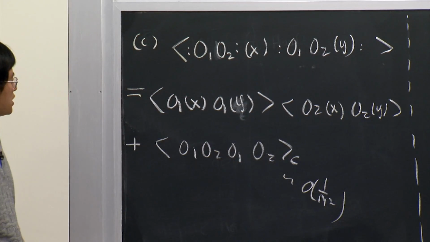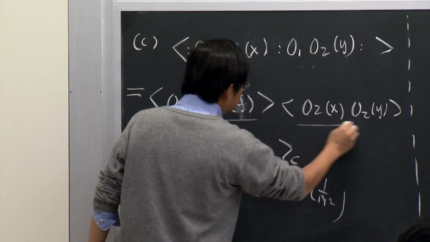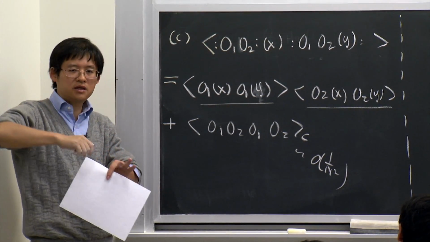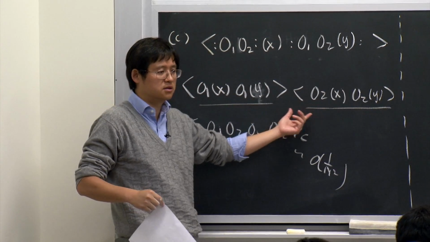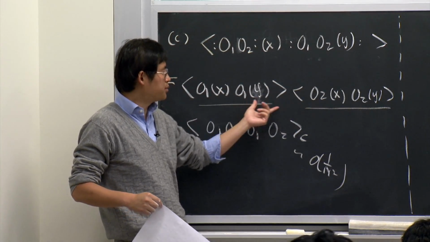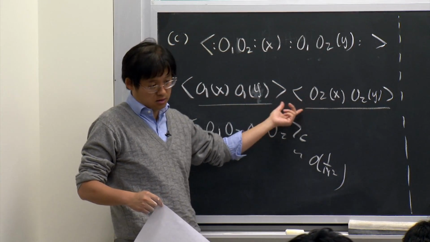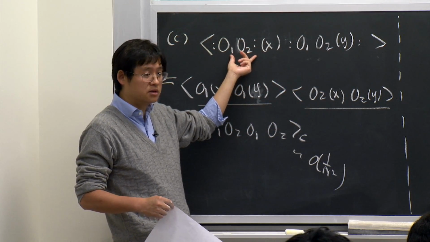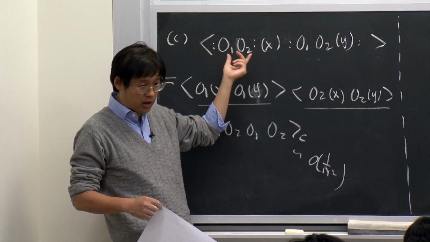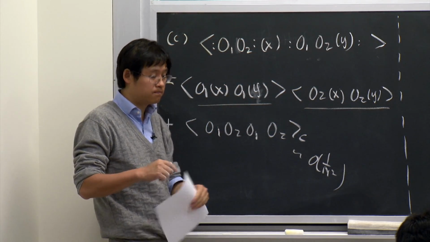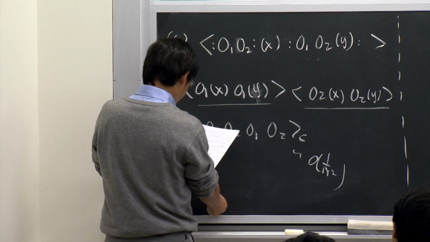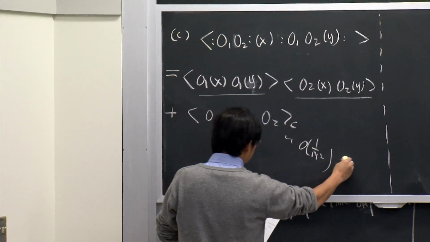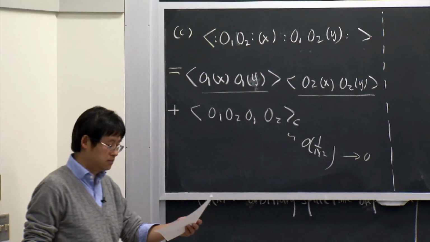Okay? So if you see this leading order contribution, it's just like two independent particles propagating, just like the product of two independent propagators. So it's sensible to interpret this double trace operator as just creating some two particle states. Again, this goes to 0 in the large N limit.